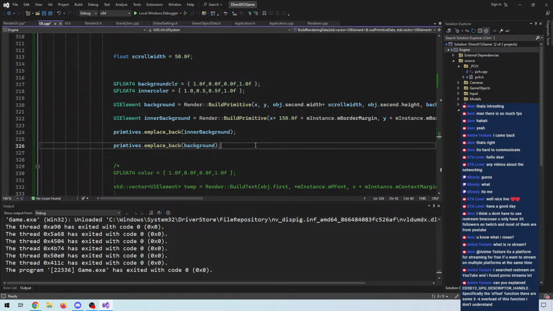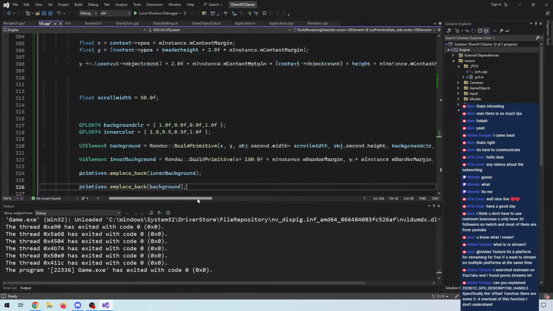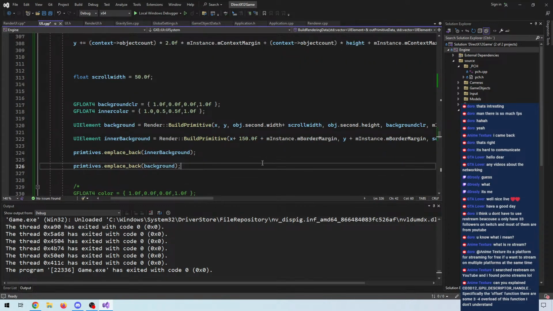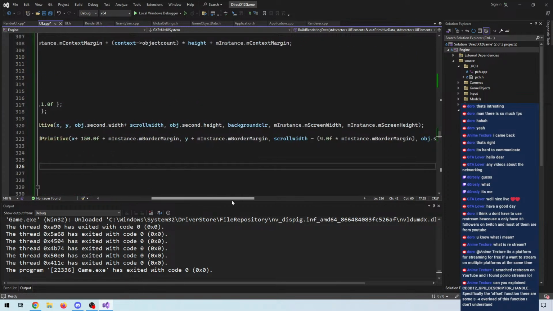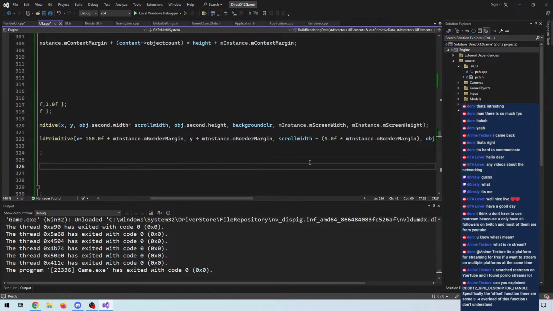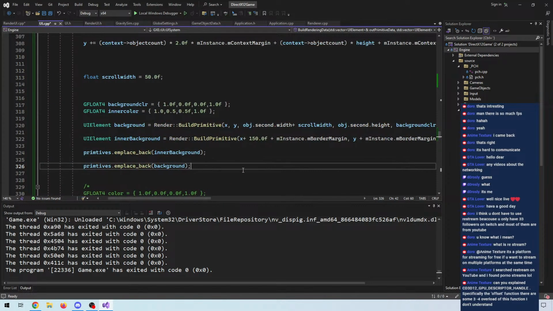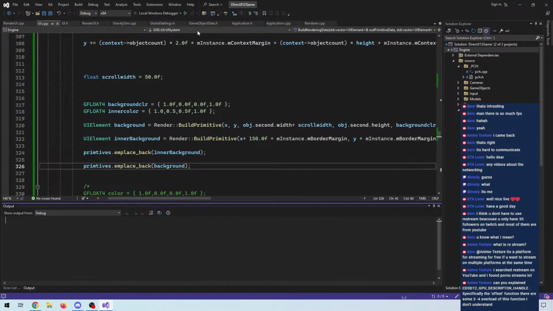If that makes sense. That also explains why we probably have double up on these margin things. Yeah, I need to fix that bug eventually. Right now this will work, but